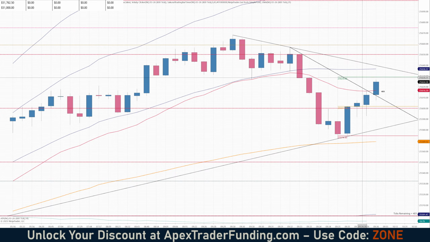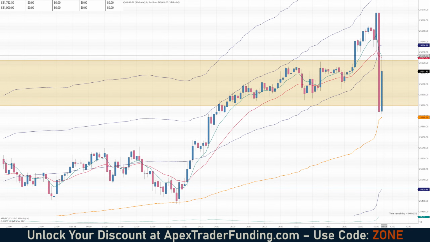Looks like we're about to hit that bullish target of 629. Could be wrong though, because we are bumping up against the 5-minute 21 EMA. This is what it looks like right there. The two EMAs, the 8 and the 21, are right there up above our heads. We just retested that level and